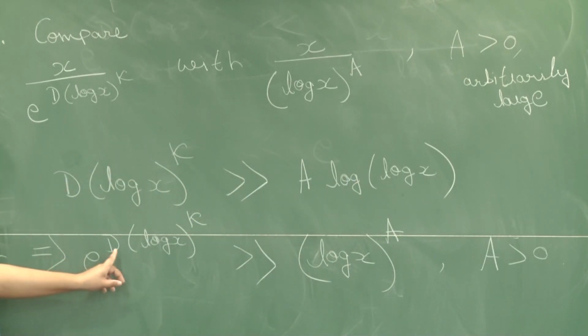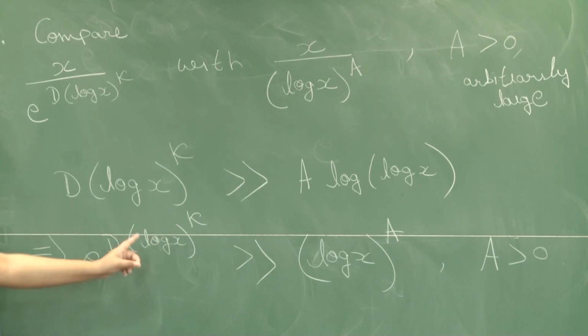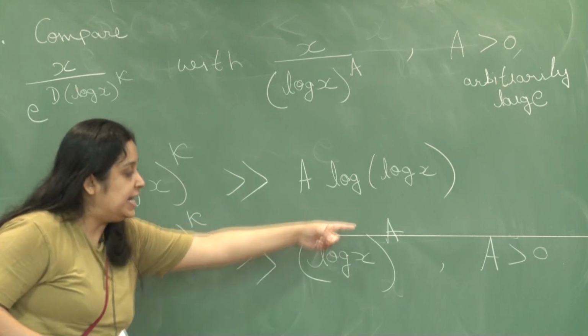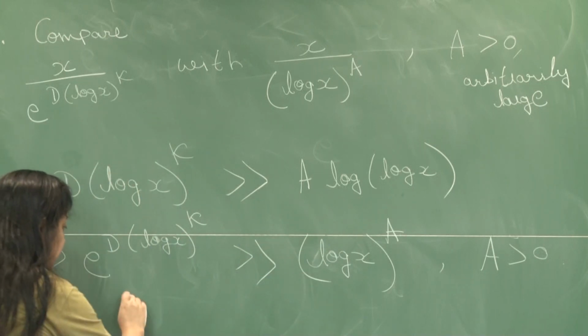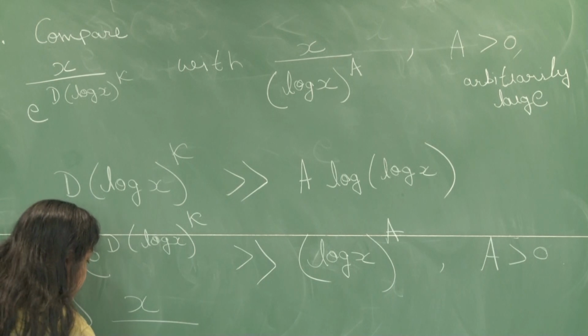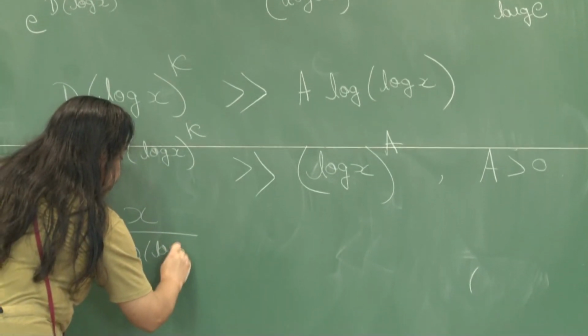So, exponential power of any small power of log x will grow much faster than any power of log x itself, and therefore, x over e raised to the d log x